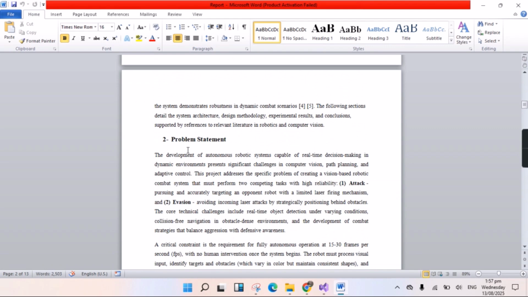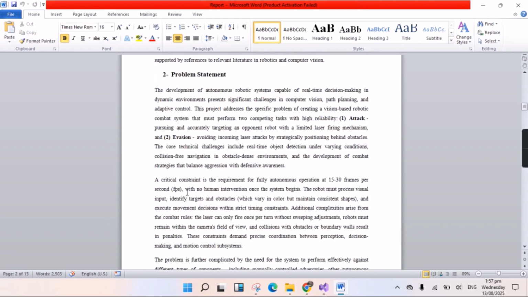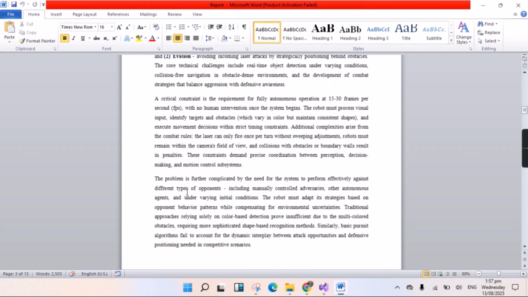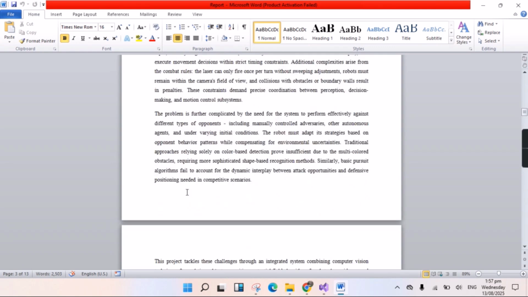So this is the problem statement for this robot, in which I have completely described how it will work without human intervention, how it will do attack and collision mode, obstacle avoidance, and boundary walls,